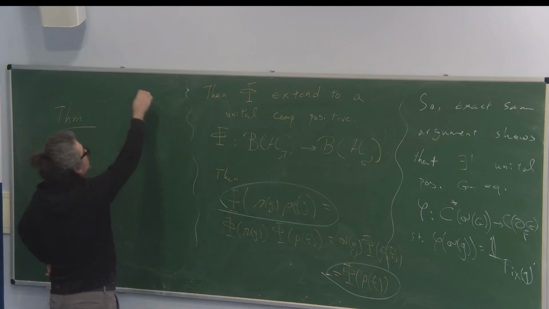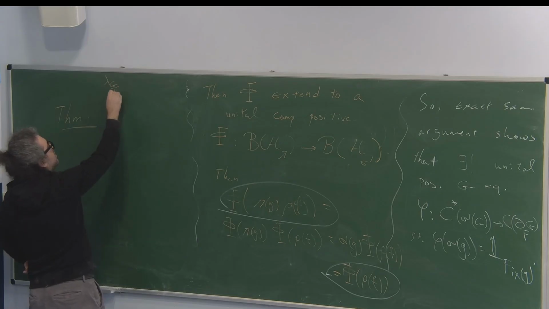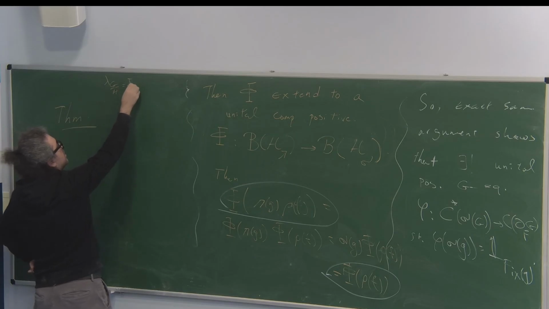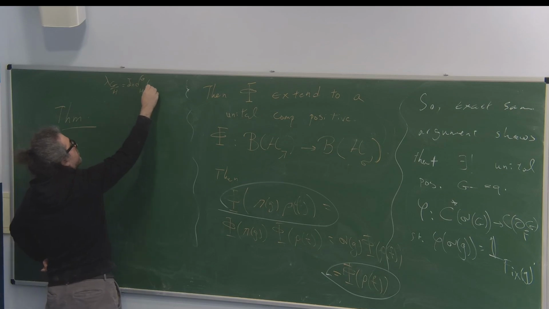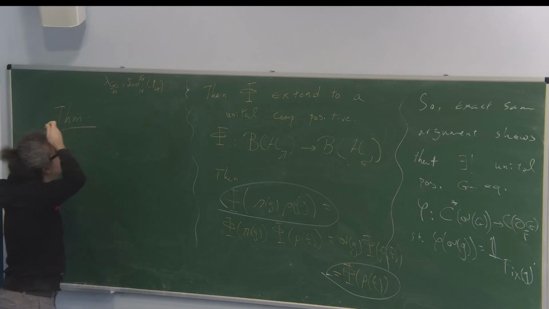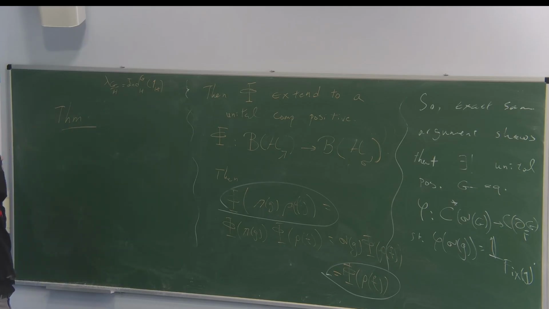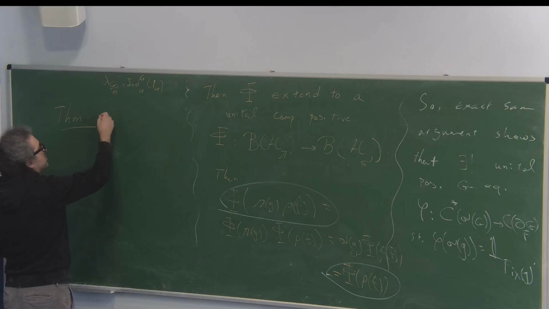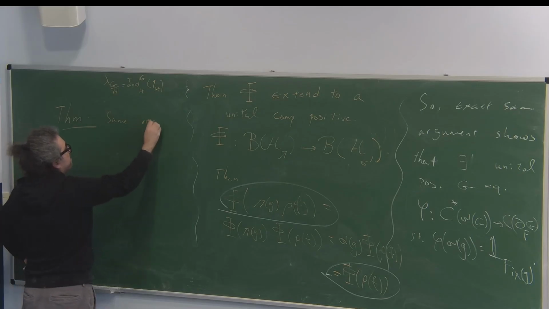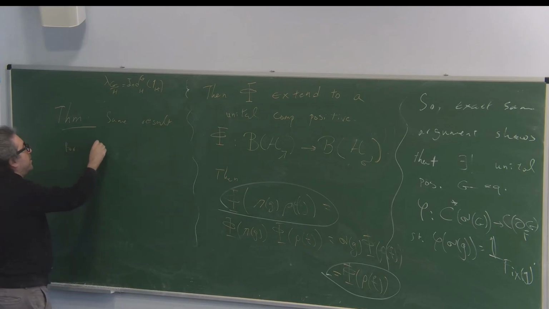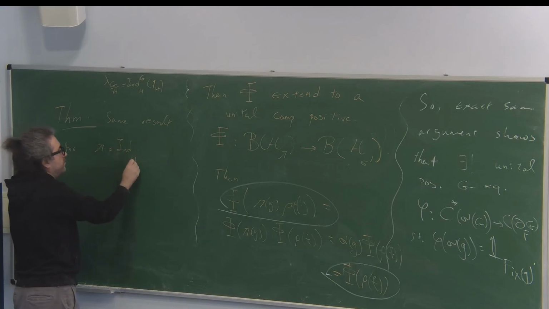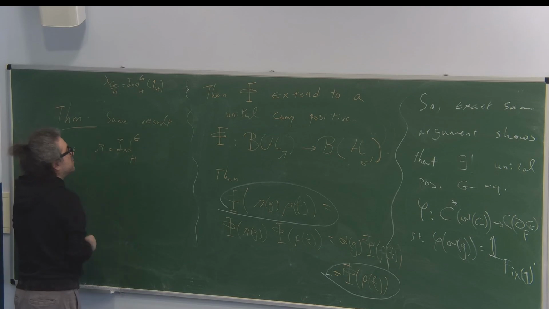So in this example, what is pi? The quasi-regular representation over H is just the induced from H to G of the trivial representation of H. So you can do a little bit more, and that is induced from, same result, for pi being induced from a subgroup, the same H, to G of a character on H,